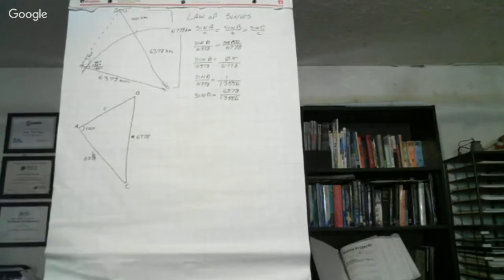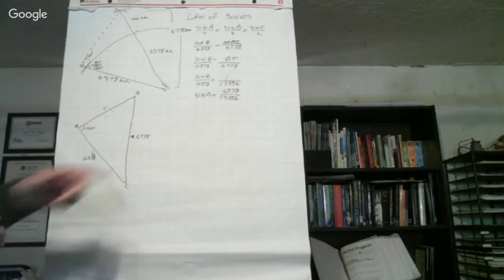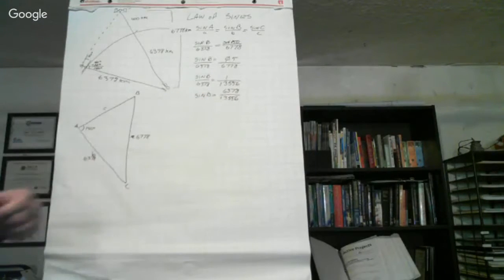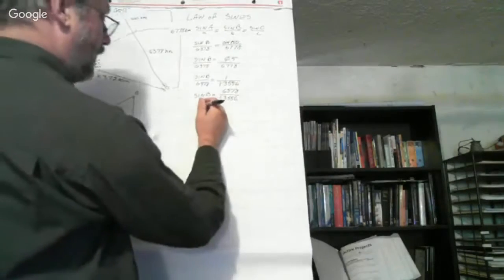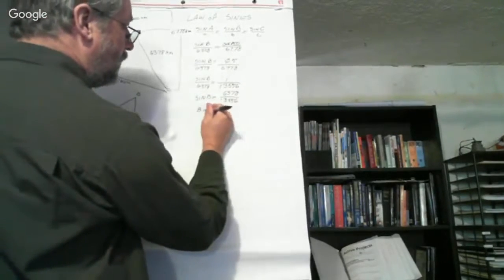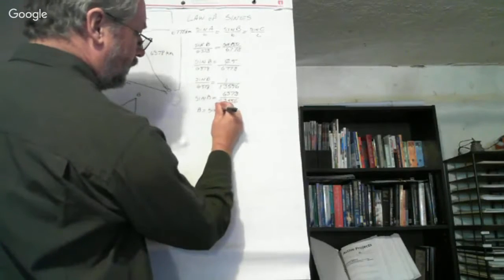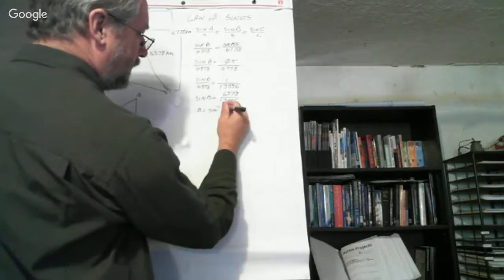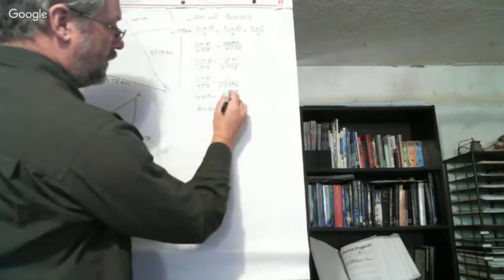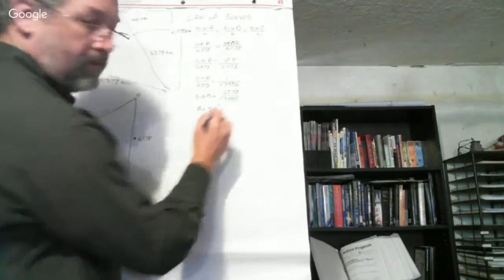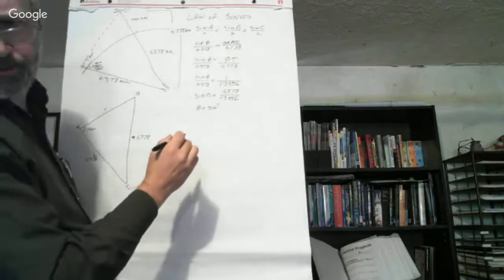Okay. Our next step will be to move the sine function over here. So now, therefore, B is equal to sine -1. And then we can go ahead and solve this, which comes to